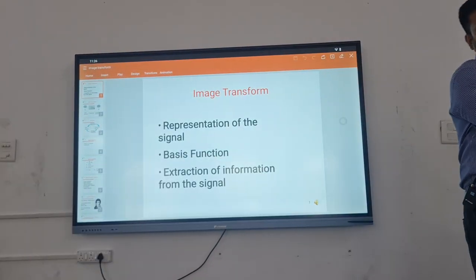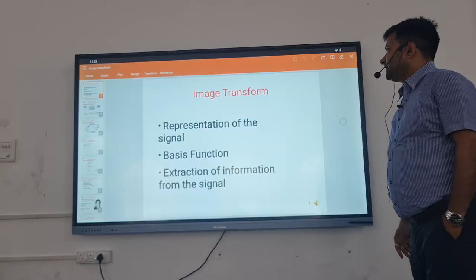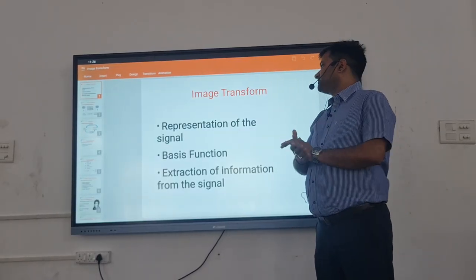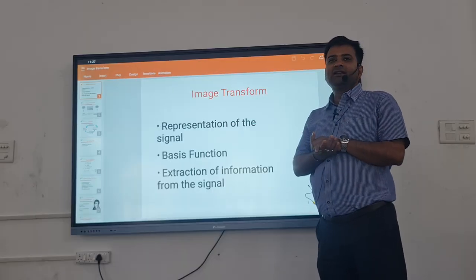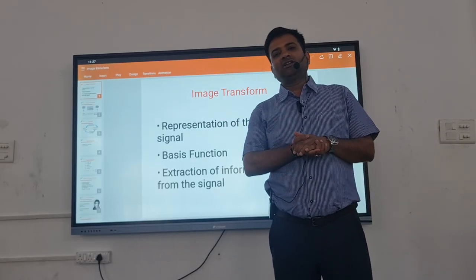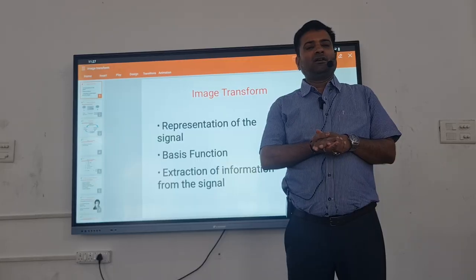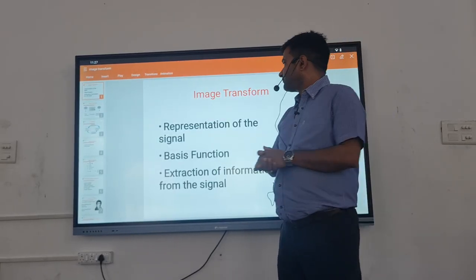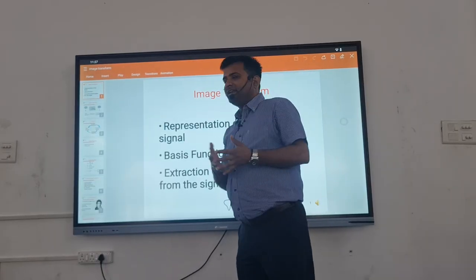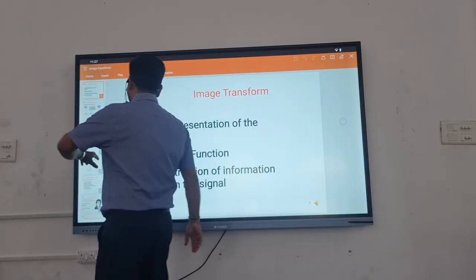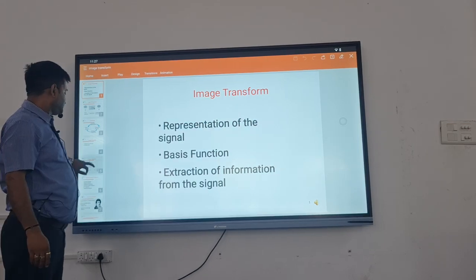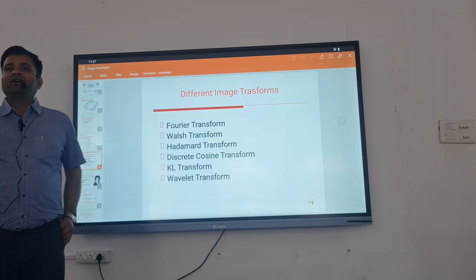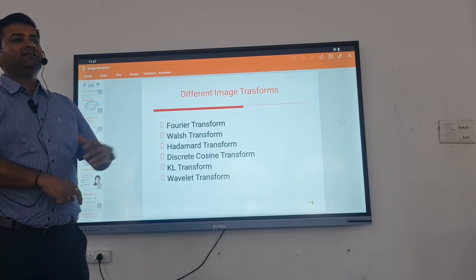In the previous lecture, I have discussed the image transform, the basics of image transform. I have discussed the basic backgrounds of the image transform, the basic representation of the image transform and the basis function and the different types of the transforms you have studied in the next